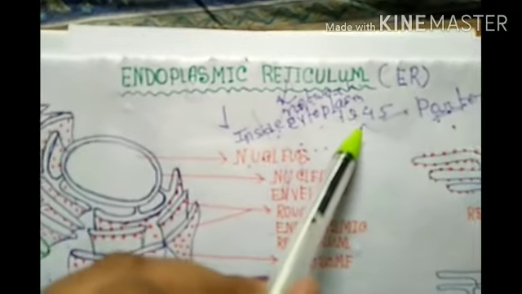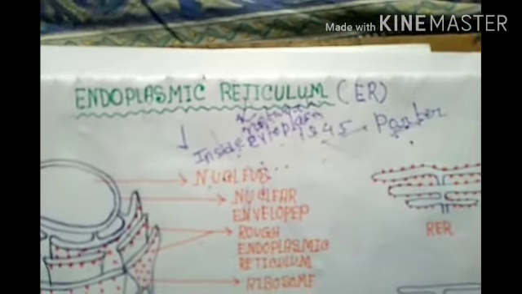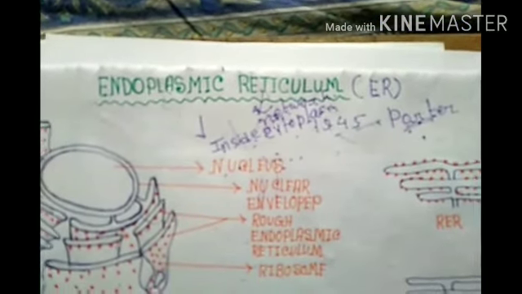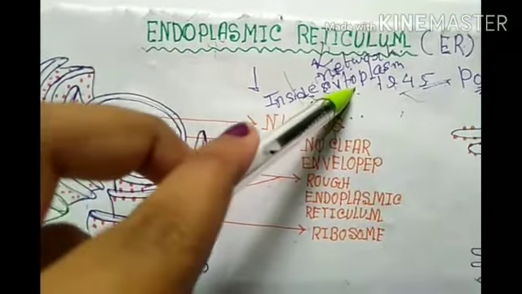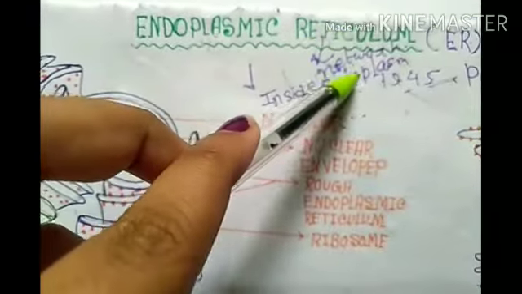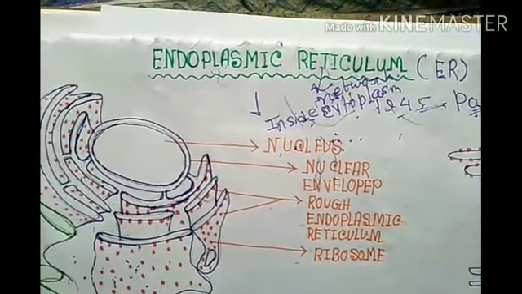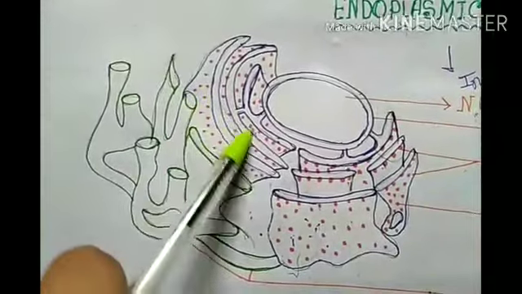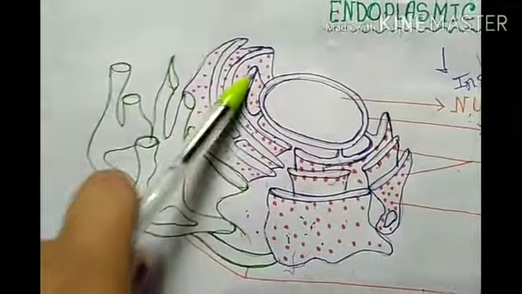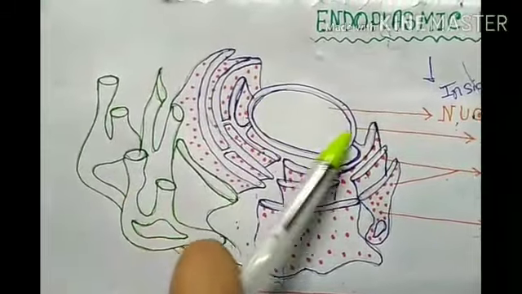In the year 1945, the scientist Potter first discovered ER in the cytoplasm of a chick cell. The term endoplasmic means inside the cytoplasm and the term reticular means network. So it means a network within the cytoplasm of a cell. It is a tube-like membranous interconnecting structure, filled with fluid.